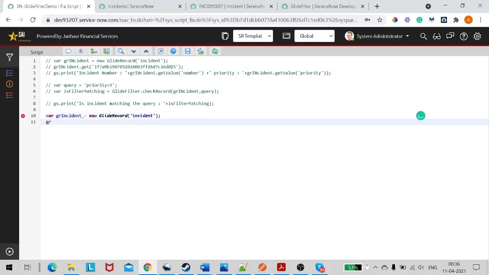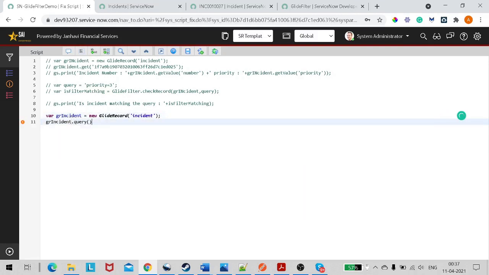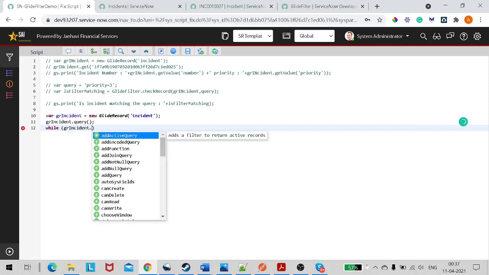Then here I will not add any condition, I simply add query. Sorry, I missed equal to, that's why. Dot query. And if I add while gi incident dot next,